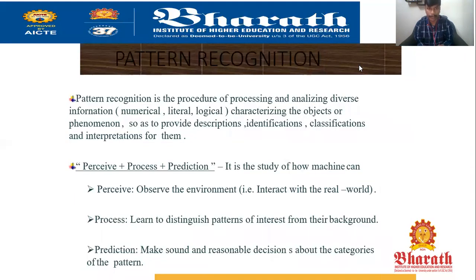Now we know what is pattern, how the pattern is constructed, how it is used as a key to recognize and identify the individual according to their properties. Now we are going to know about the procedure called pattern recognition. Pattern recognition is a procedure where processing, analyzing, and characterizing of the object or a phenomenon to provide the output with some description, identification, classification, interpretation for them